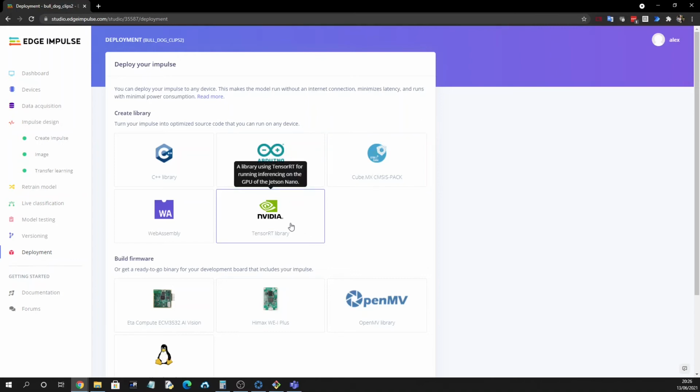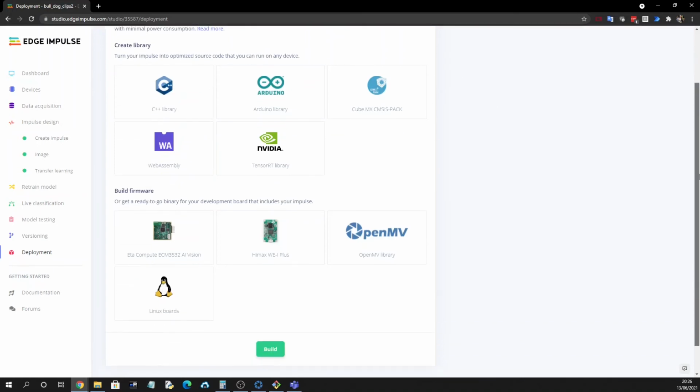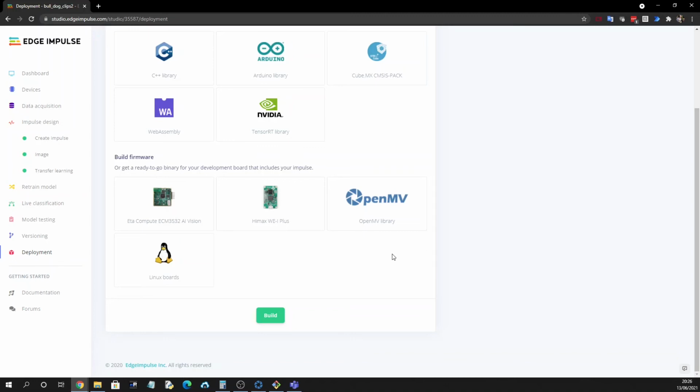If you want to send it to Jetson Nano, WebAssembly is a new type of way to develop. It's got quite good reviews for websites, but we're going to send it to OpenMV. You can also send it to Linux as well, which would be your Raspberry Pi boards. So click build on here,